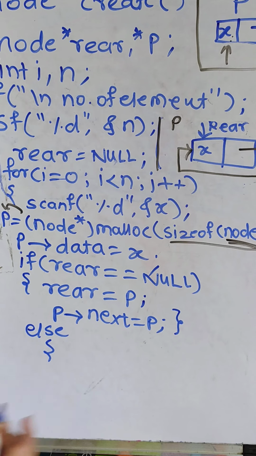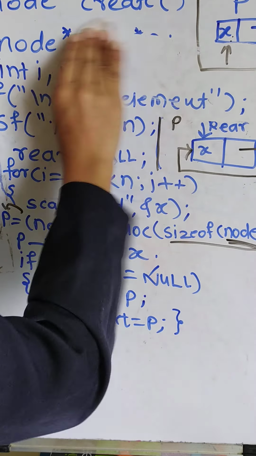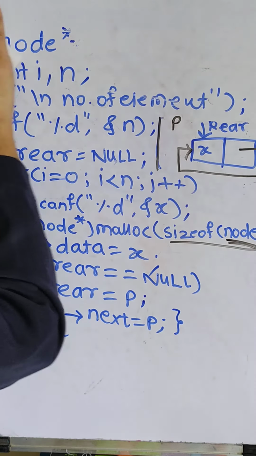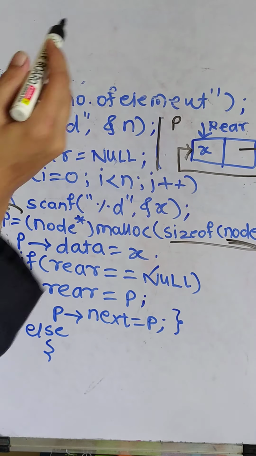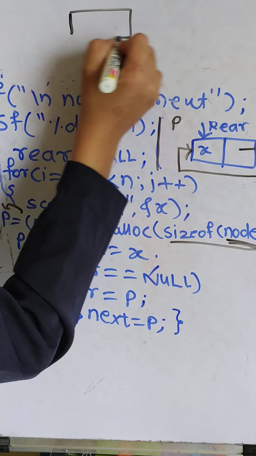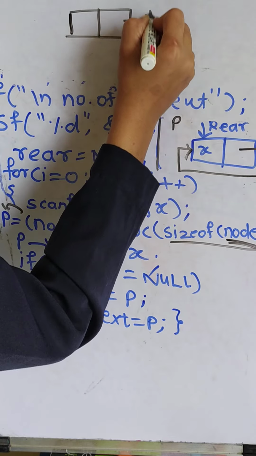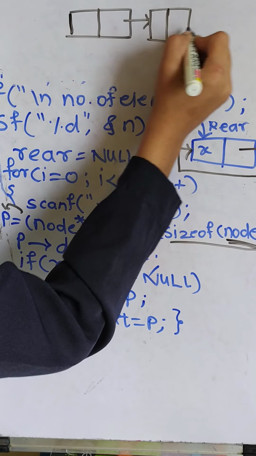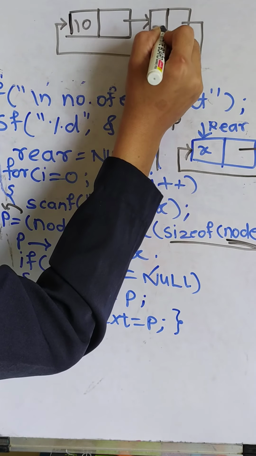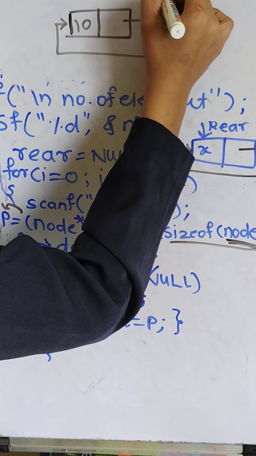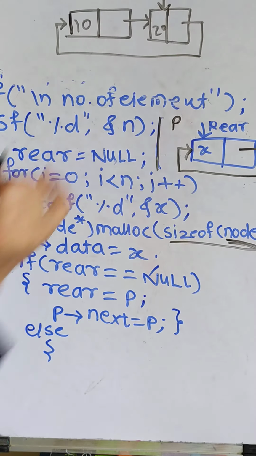See, if a node exists in your linked list, meaning there are already some nodes in your linked list, then at that time what to do? Suppose one node or two nodes exist in your linked list. Suppose this is your linked list, having two nodes, and the last one points again to the first node. This is 10 and here is 20, and here is your rear. Okay, rear is pointing to the last node.